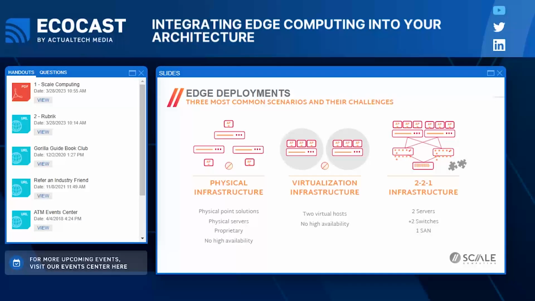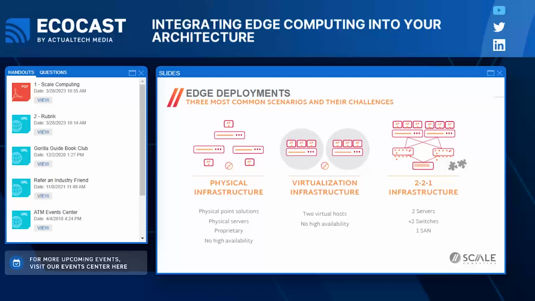So, edge deployments, the things we generally see: we see a lot of physical infrastructure, and often these are physical point solutions. A lot of times people don't even know how many of these things they have. We'll walk into an environment and they may be bringing us in to consult about some new computer vision applications that they want to deploy, and they're looking at what kind of hardware they need. We'll look around or ask around, and it's like, well, what's that thing over there? Oh, well, that's the box that monitors the freezer temperature. And, oh, that's the server that is the back end for the point of sale system. And, oh, that's the video security system. All those different things rely on physical infrastructure.